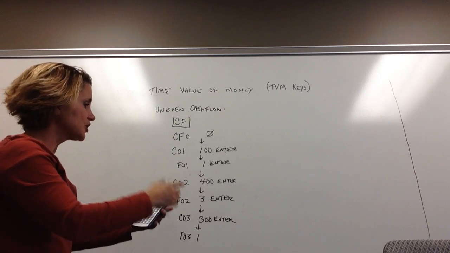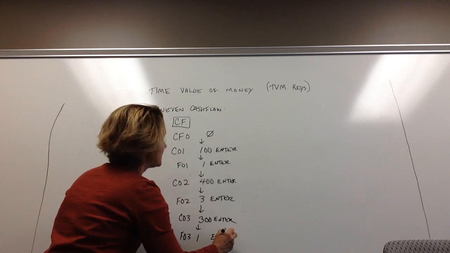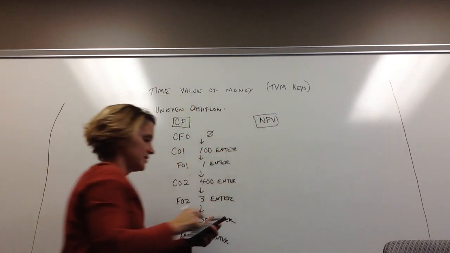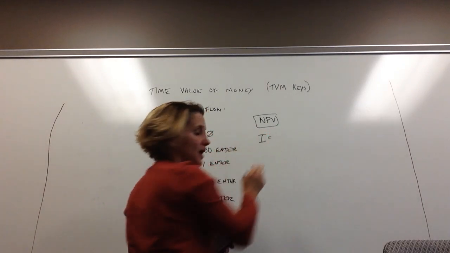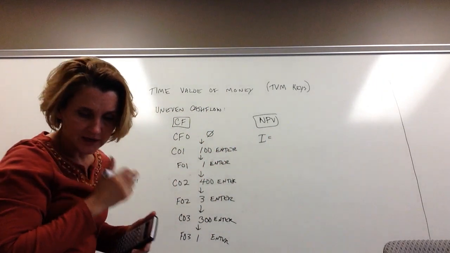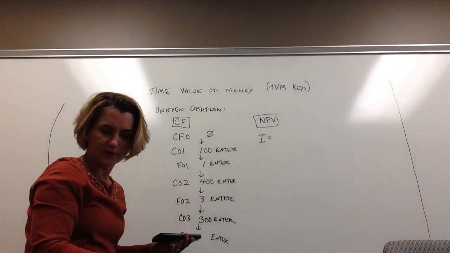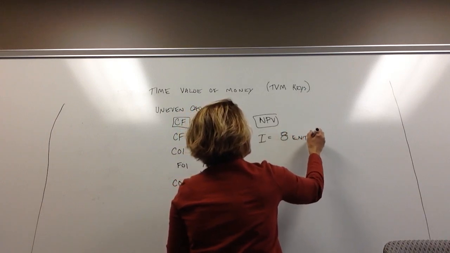So then the key to those though is always hitting that enter. Okay, then once you have all those in, you come over to your net present value button, which is right beside it, and you push that, and then you say, okay, my I is equal to my required rate of return, and in this case it says the required rate of return is 8%. So we're going to put in an 8 and push enter,